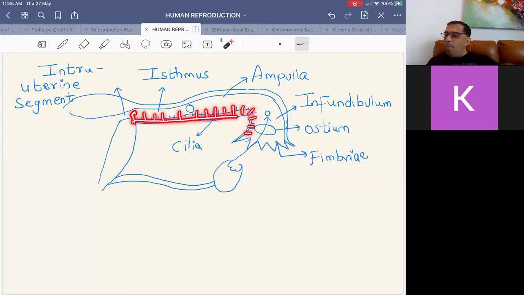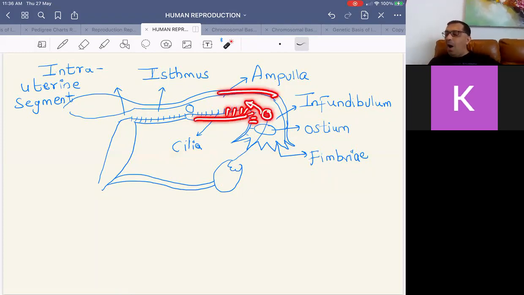Similarly, the fallopian tube also has cilia, and the egg sucked into the infundibulum starts passing through the cilia, and by ciliary movement it goes ahead into a broad dilated part which is called the